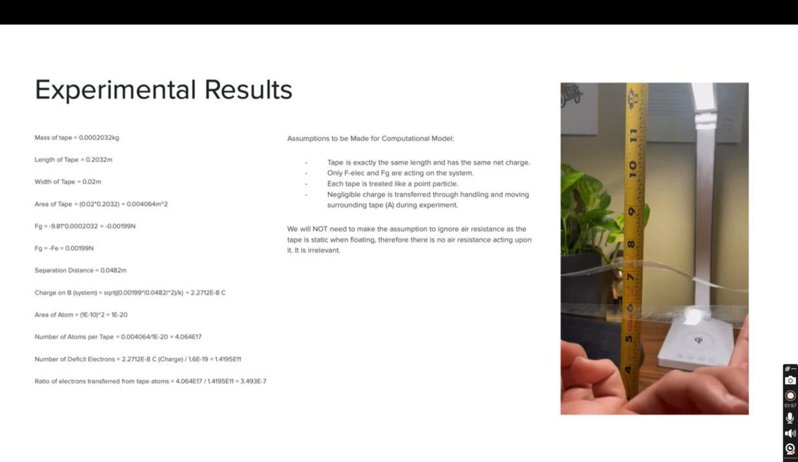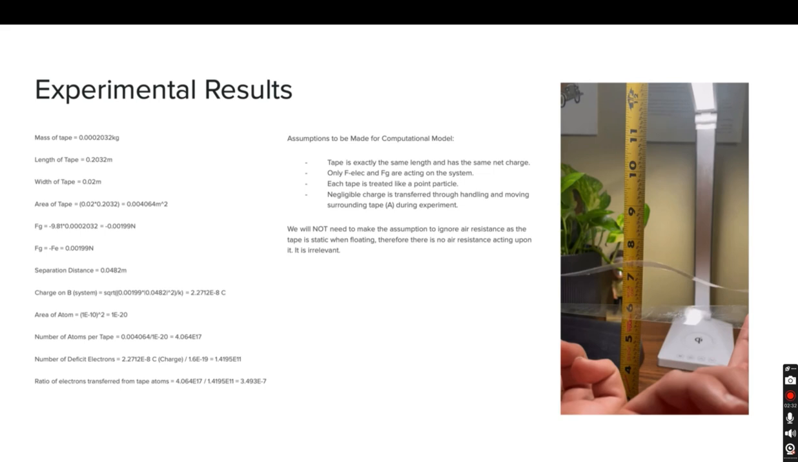In the picture, you can see that when tape A is brought towards tape B, the repulsive force of tape A was found to be 0.00220 kilograms. The length of the tape is about 0.2 meters, and the width of the tape around 0.02 meters. This allowed us to find the area of the tape, which we use in later calculations. The force of gravity was found using negative mg, and knowing that the force of gravity equals the negative of the force of electricity, we found that Fe equals 0.00199 newtons,